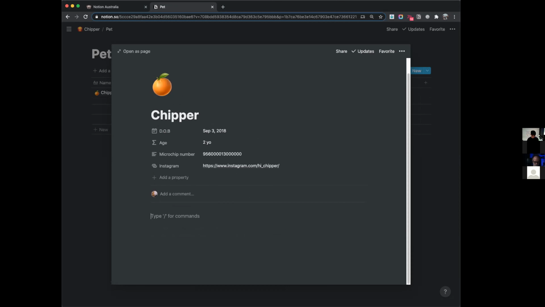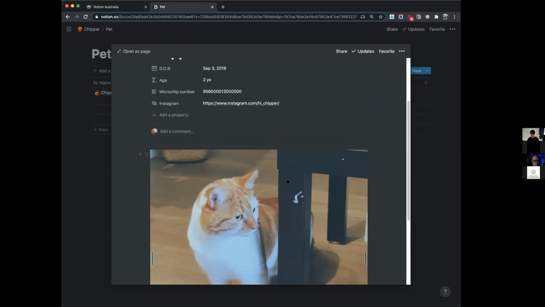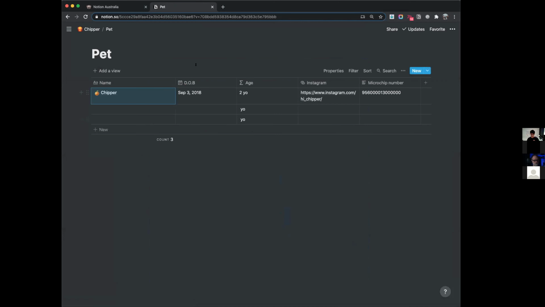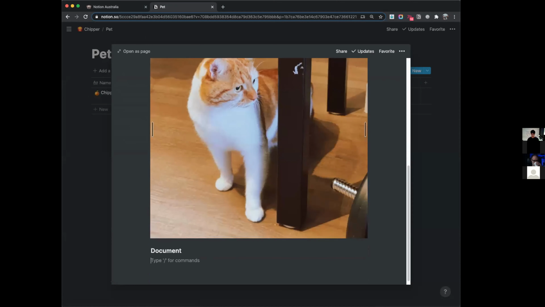And then I can probably grab a little photo into it. And we'll just wait for it to load. And if you have multiple pads, you can kind of add them here. And then if you have any documents that you would like to keep for your pads, you can add them